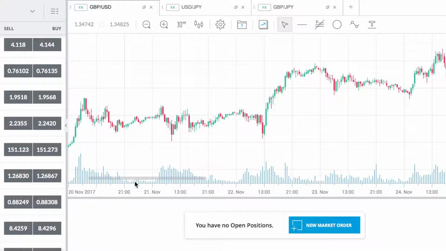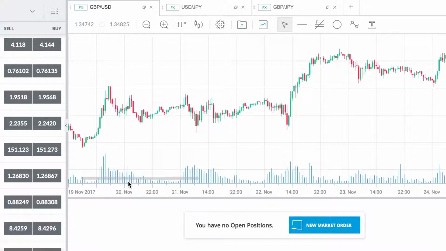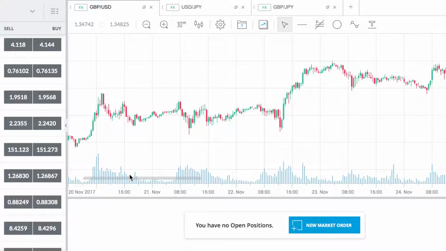So the 20th, there we go, 20th of November is there. Okay, going to the 24th. So this is the week previous. Okay, so what we can do here, we can see a resistance line